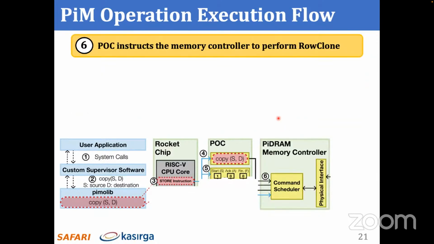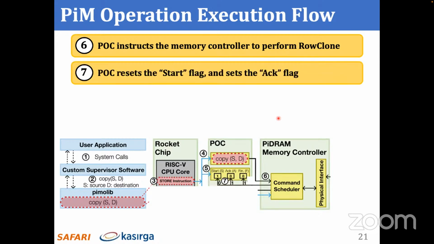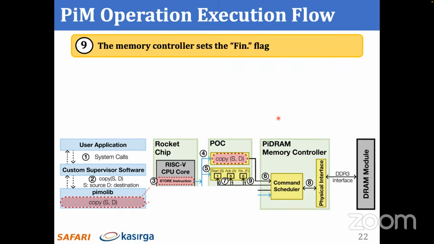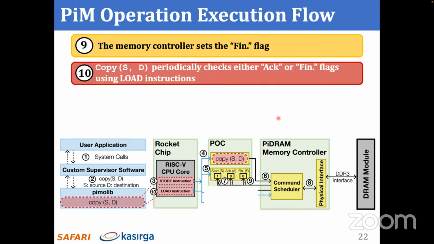Now, the PIM operations controller will tell the memory controller to perform a row clone operation. At that point, it will reset the start flag to 0, and it will set the acknowledge flag so that the software is aware that this execution has started. And the PiDRAM memory controller then will issue commands with violated timings to the DDR3 module to perform the row clone operation. When it's done, it will set the finish flag, and basically the